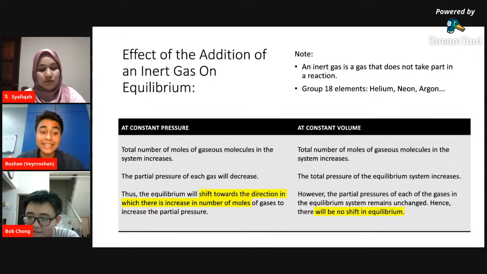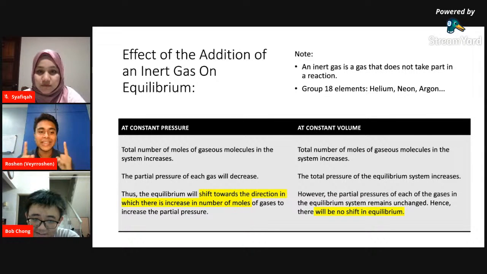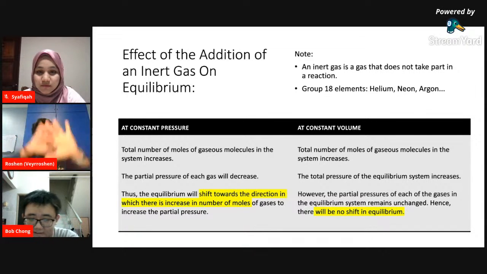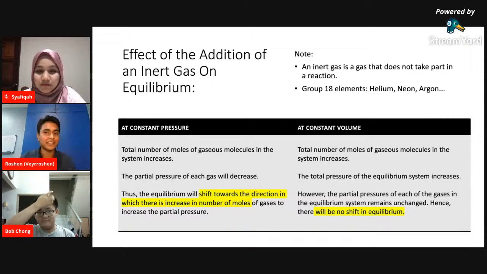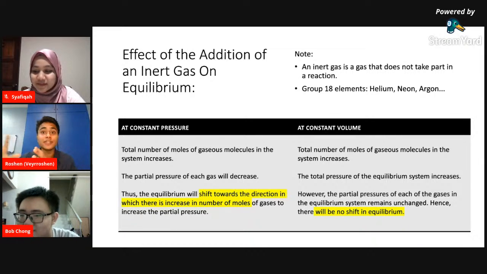So now let's see. That's at constant pressure. Okay, forgot to note just now, that's only at constant pressure. Okay, let's say Adam goes and puts the setting on constant pressure, like that. But let's say another day, Tuesday. It's now Monday, now Tuesday. He changed his setting to a constant volume instead. So at a constant volume,